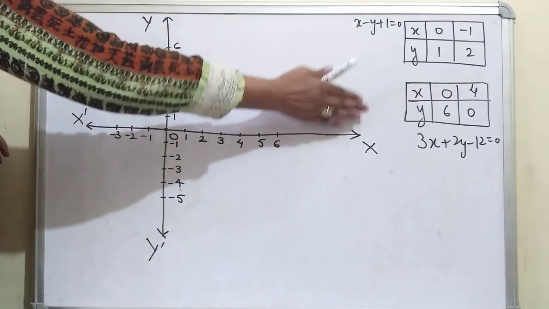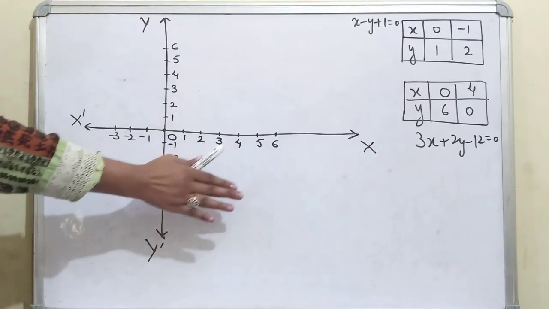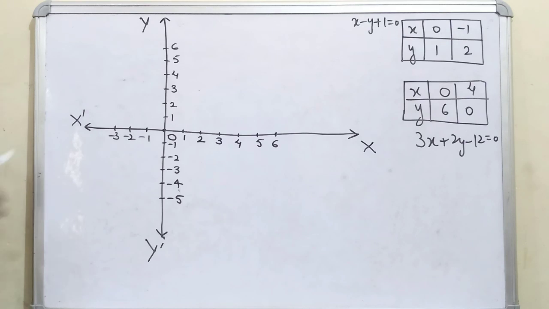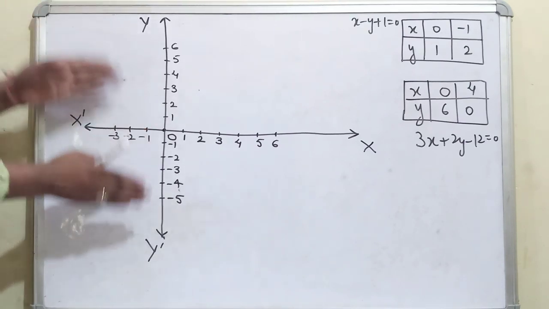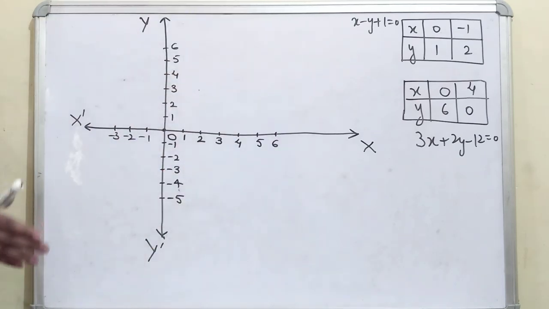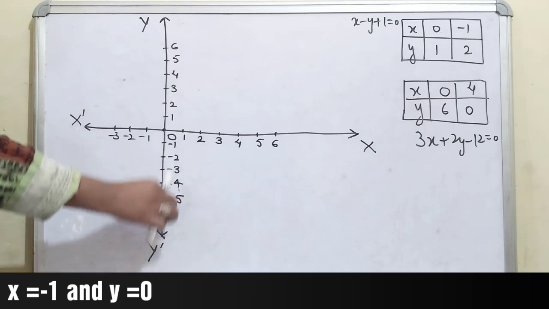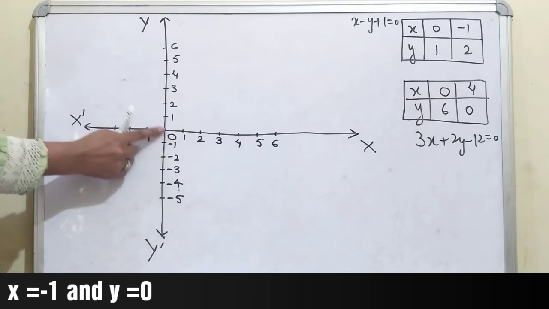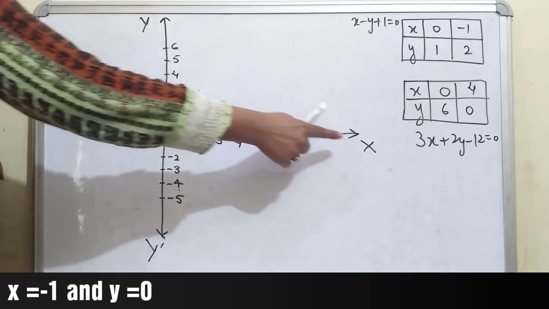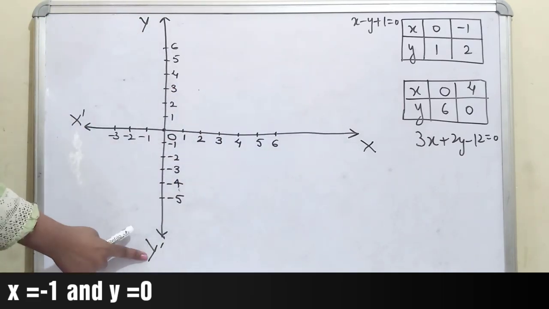This is for the first equation, this is for the second equation, and I have taken this because I don't have the graph here, so I just draw it on the board. In the same way, you just have to take a graph paper and plot the graph on that graph paper, right? You all know that this is the x-axis, this is the y-axis. Don't forget to write 0, it is the origin, and x here, x dash, y here, y dash.